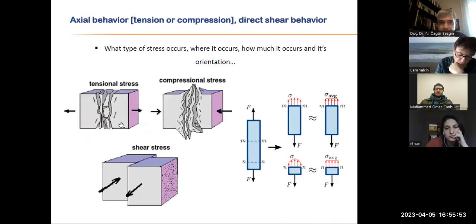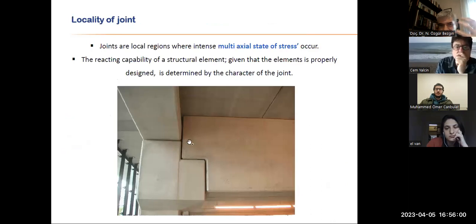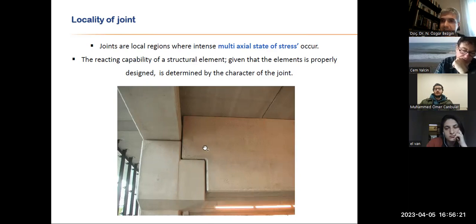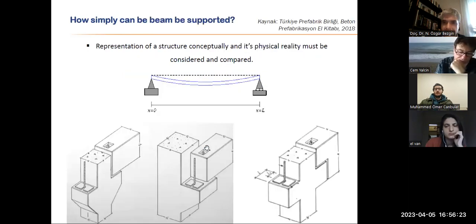We have the tensional stresses, the compressional stresses, the shear stresses, and every single one of them, for example, when we are designing this corbel, the shear that is transferred flows in and into the column. And then there's a big, interesting anchorage design at this portion to provide that path for it, okay? So the good thing is that we can clearly visualize it. Nothing is covered, nothing is buried over here. Every single one of them is designed separately and connected in an explicit way.